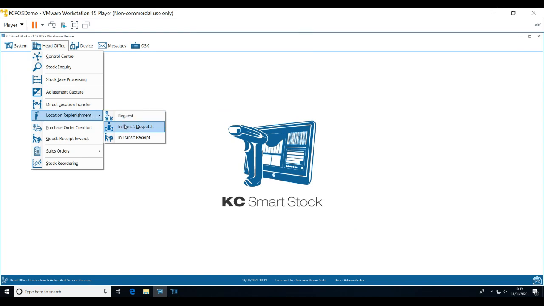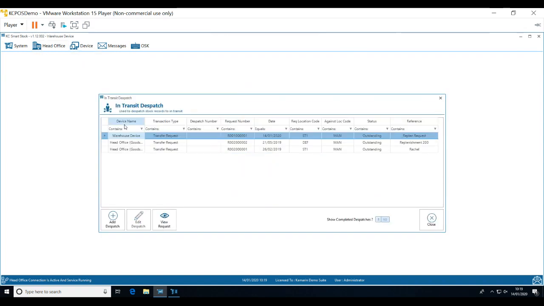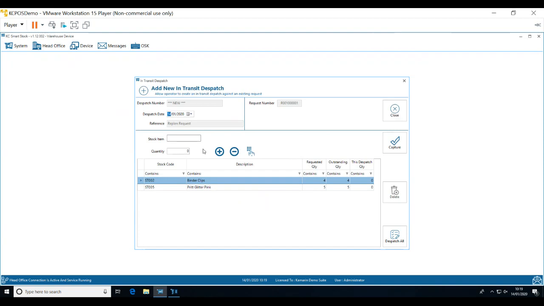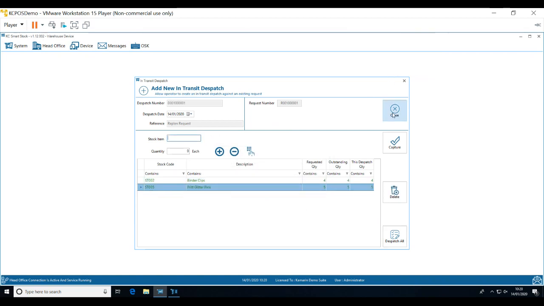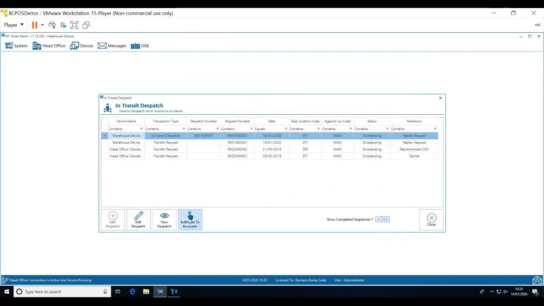So what we can actually see is, as the warehouse or branch that you've ordered it from, they'll be able to go in and see transfer requests. So the 14th of the 1st, you can see that one there already. So you can actually dispatch it. The reason why this is really, really good is, I can say, yep, dispatching all of these items. So I can now come out of there and authorize that, so it's now booking it out of my stock. But what it's actually doing, instead of just